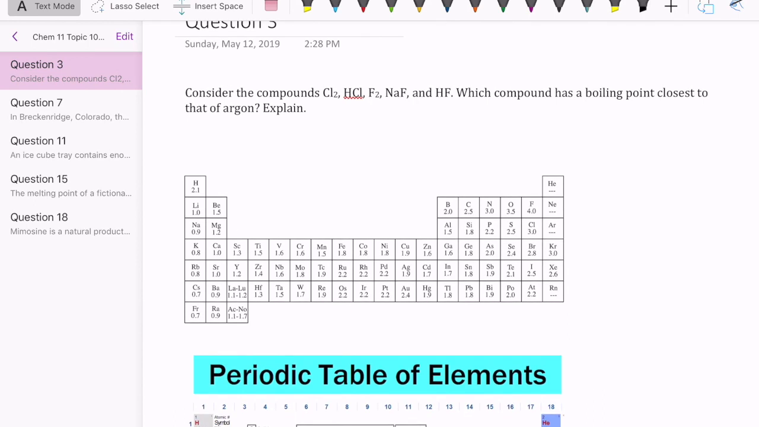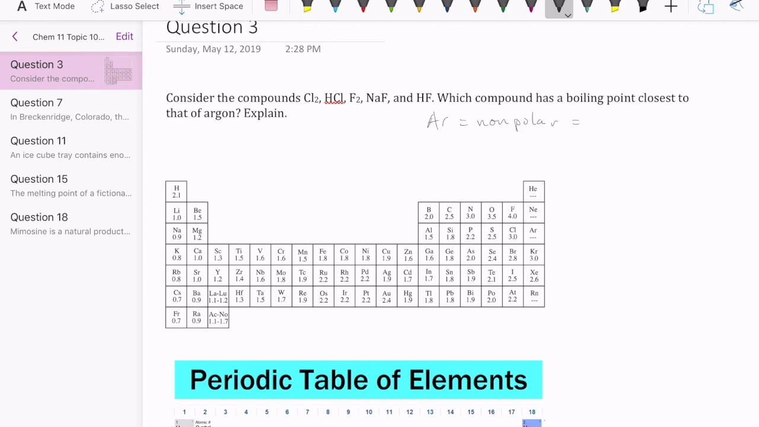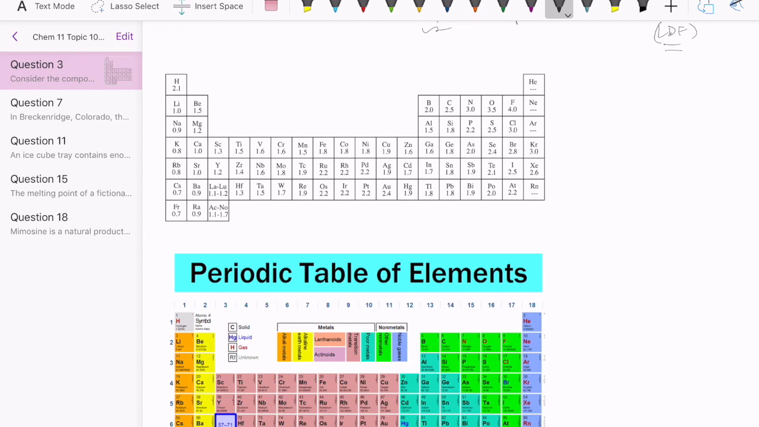So the first thing to think about is to consider what argon is and what kind of forces are involved in argon. So argon is a noble gas. More importantly, it's a nonpolar molecule. If it's a nonpolar molecule, then the only type of intermolecular forces that exist there is the London dispersion force, or LDF. The nature of that force is that it gets stronger as the molar mass of the nonpolar molecules becomes higher. So in this case, argon, if we look at the periodic table down here, has a molar mass